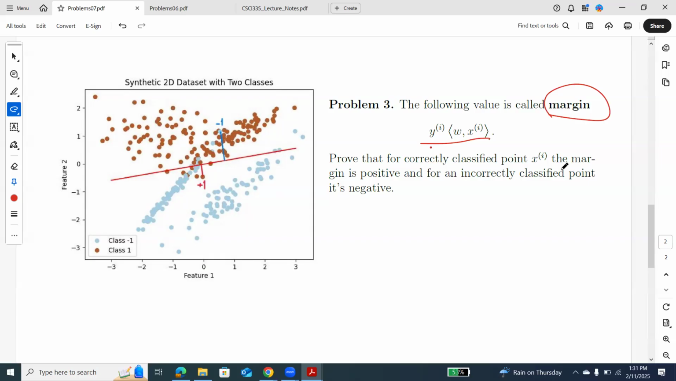And then it will actually give us an algorithm how to find this decision boundary. We will try to maximize margin, because positive margin will classify points correctly. So